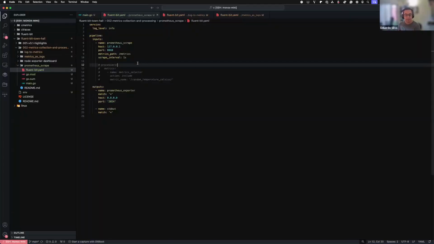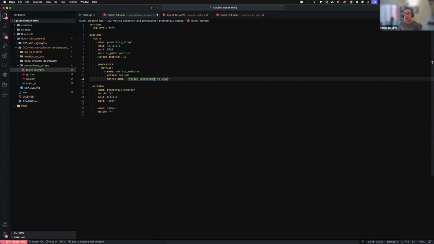In the same example, I'm going to enable one processor for metrics called metric selector. The only thing we'll do is include the metric called random temperature Celsius. This is a regular expression pattern, so you can compose the pattern as you want and it will respect it. And when this is in place,